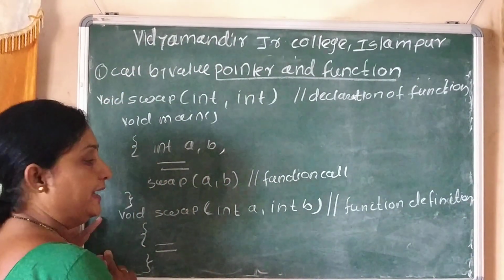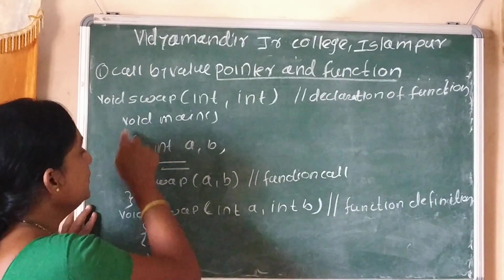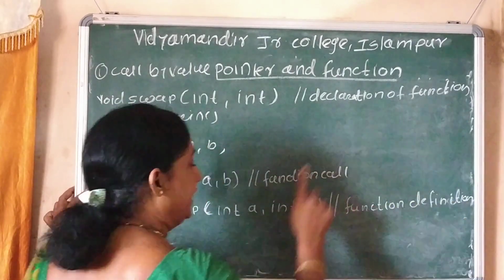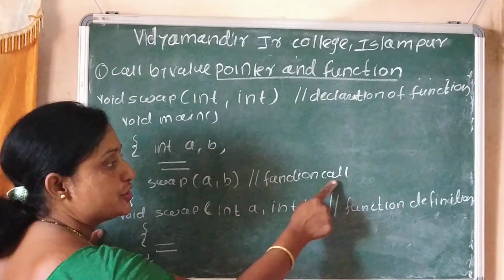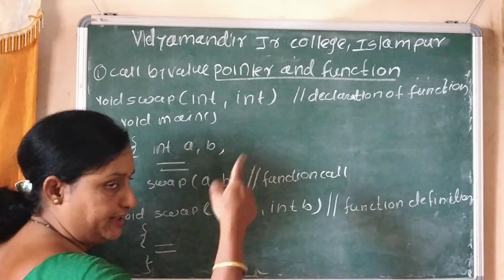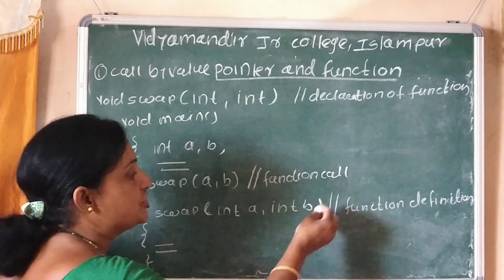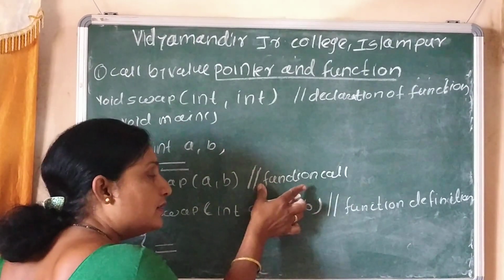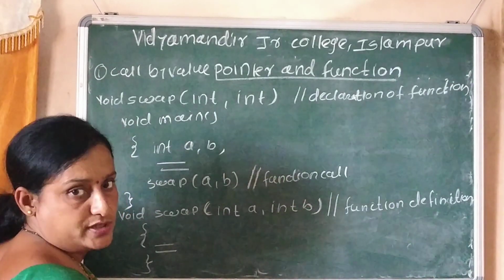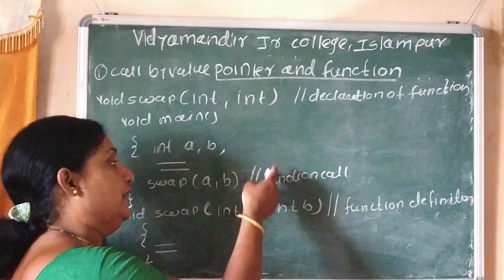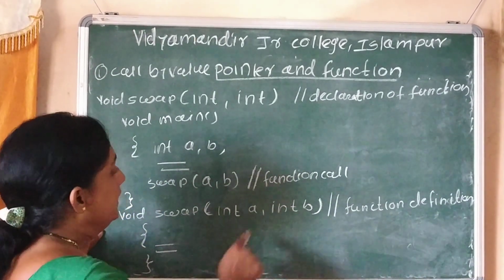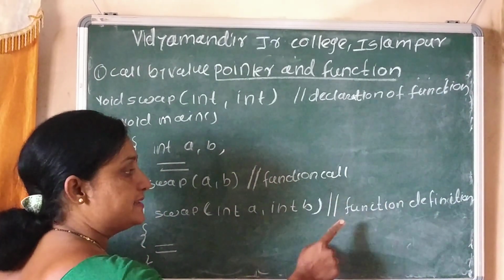Here I write a small module of the program. The first statement is a function declaration. Here is a function call. If we write two forward slashes, it indicates that the part is a comment line for the user, so the compiler does not consider these comment lines. It is displayed as it is. This is a function calling statement.